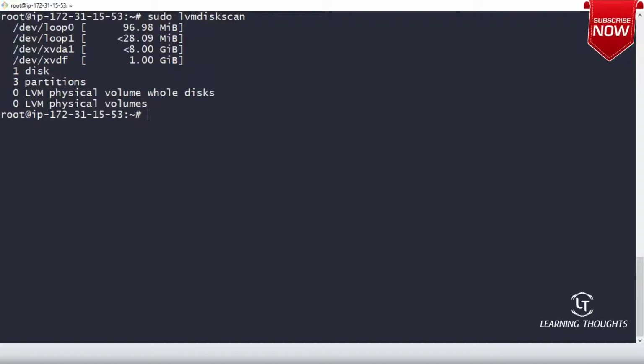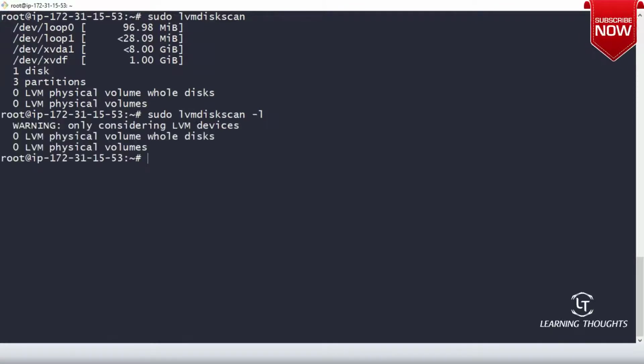It is telling us that you have one disk and three partitions. So xvda is partitioned into three parts. Now sudo lvmdiskscan -l. It is telling us that this is what we have.